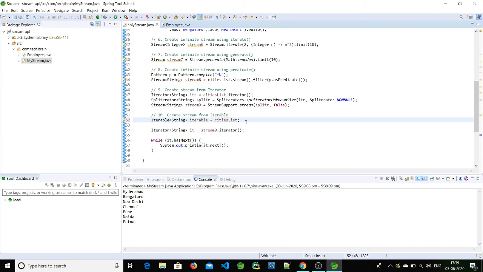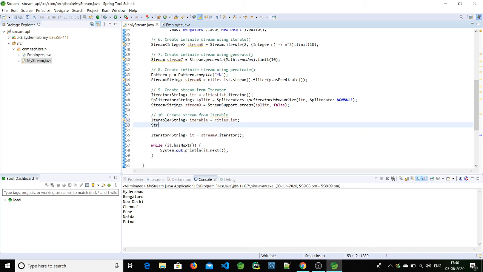So here we got the Iterable object, and now on this Iterable object, to create a stream, directly we'll call StreamSupport. On top of StreamSupport, we'll call the stream method. So let's create that, Stream of String, and it is of stream 10 type.